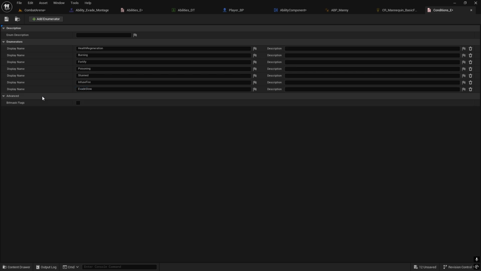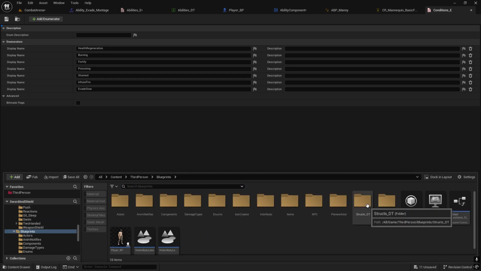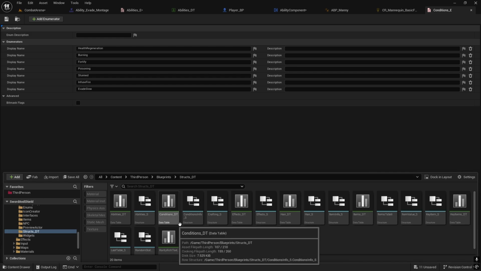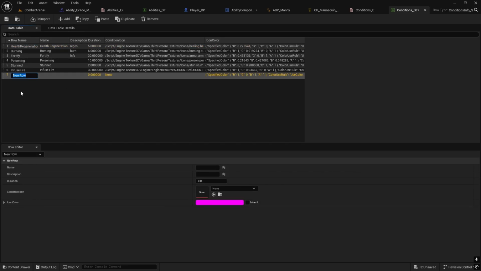I want to call it evade slow because I don't want to use it on the enemy. This will be just on the player for evade slow. So evade slow, and we don't have one for effects. So then let's go to structs and deities. We will go to conditions again, and we will create new evade slow, and this one will be